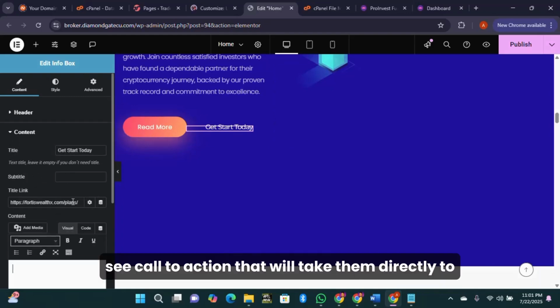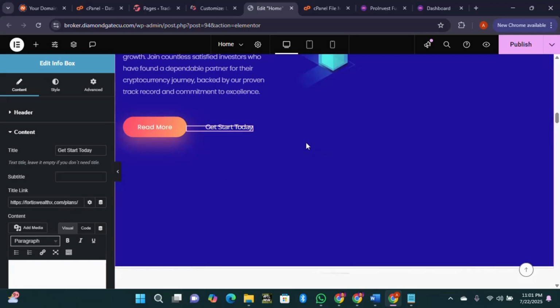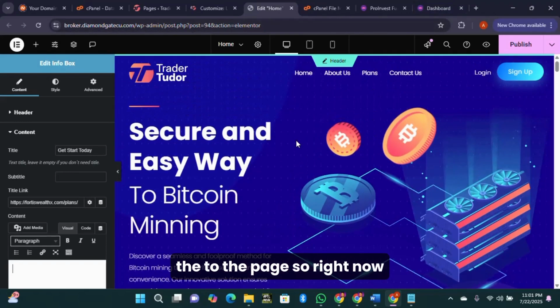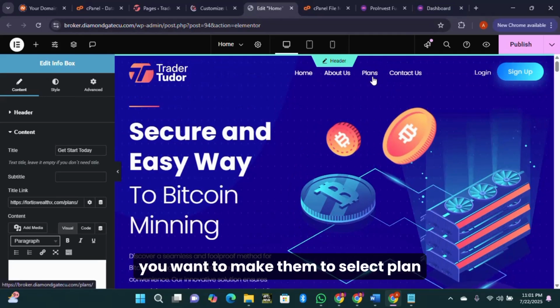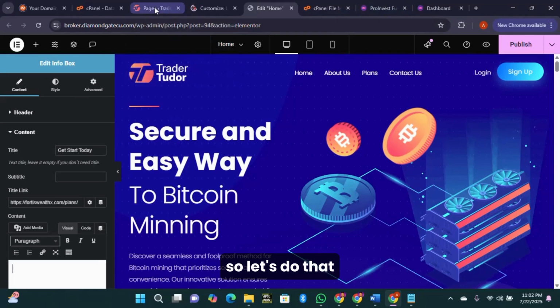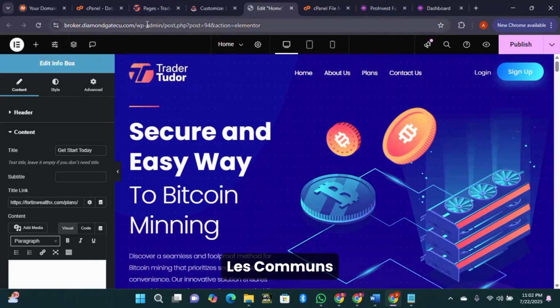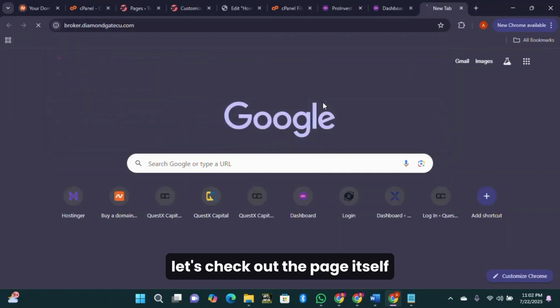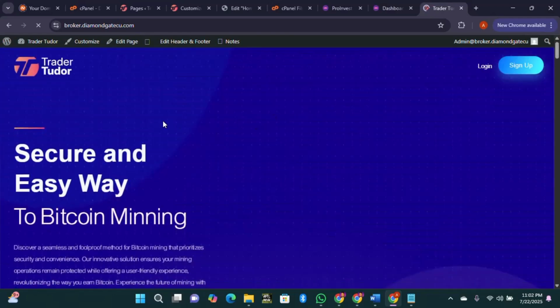It's a call to action that will take them directly to the page. So right now we do it in a way that we want to make them select a plan. Sorry, we didn't check this out the other time. So let's do that. Let's come here. Let's check out the page itself. While the customizer is loading. Alright, so